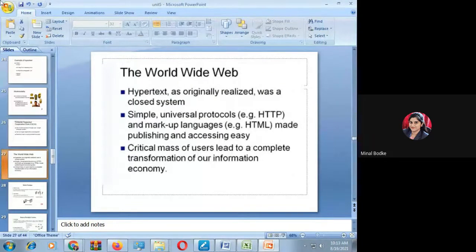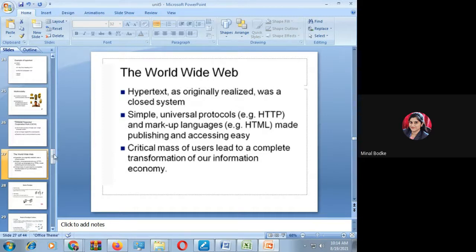Next came the World Wide Web. It is simple and universal, and it uses n number of protocols and languages like HTML. I think there is no need to explain the World Wide Web. And last, we are in the generation of ubiquitous computing. You have understood the versions of interaction, how they changed from the basic to now. In the next lecture, if time permits, we'll start with ubiquitous computing.